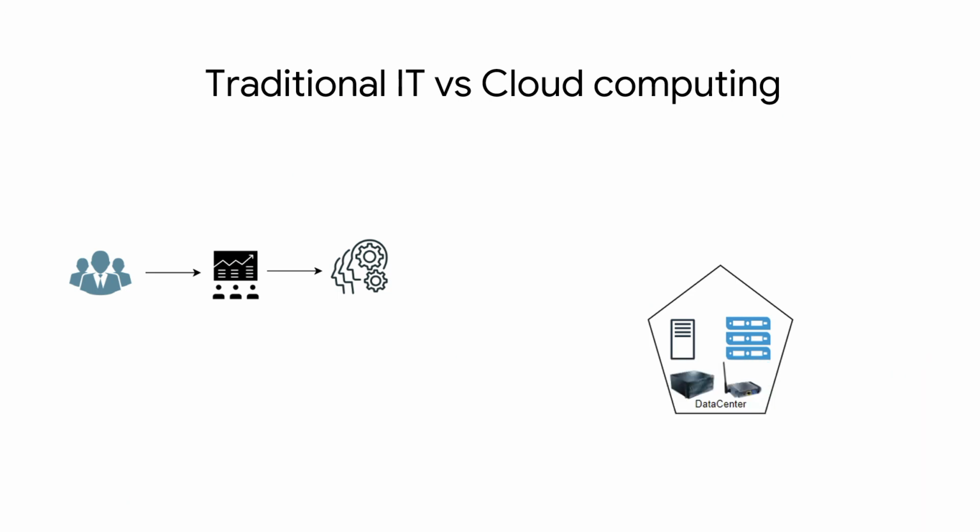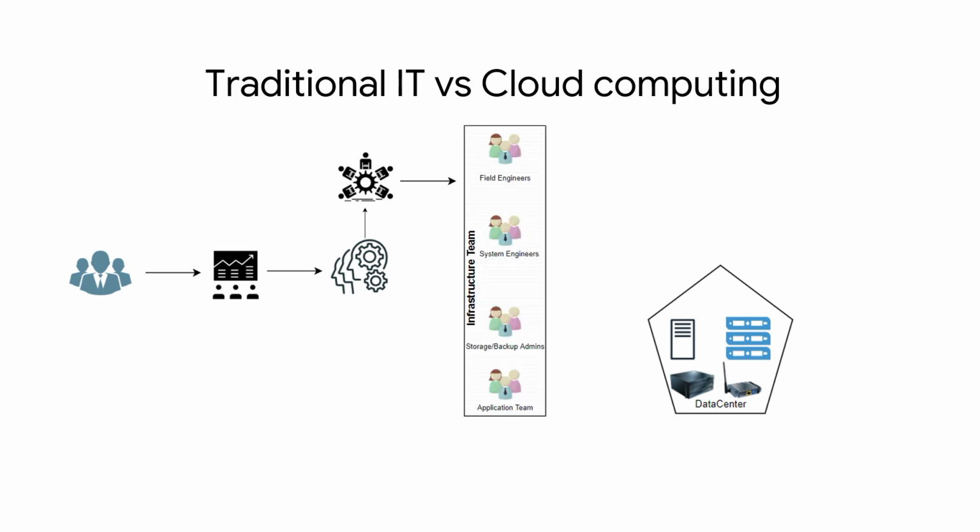So we'll have to make do with what we have. If more resources are needed, they will be purchased by the acquisitions team. This team will forward the requirements to the suppliers, which automatically implies a delivery period, which can take up to months. Once the components have arrived, the on-site engineering team will be responsible for mounting and stacking the racks. The sysadmins will configure them to be accessible via the network. The storage and backup admins will configure the capacity and backup schedule. Finally, after this new system is brought to standards, it can be handed over to the applications team, who will start working on the software itself.